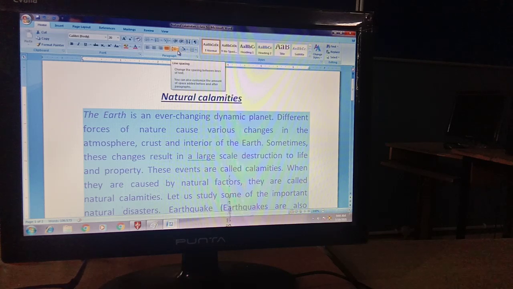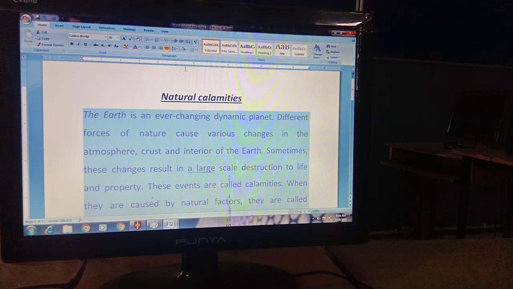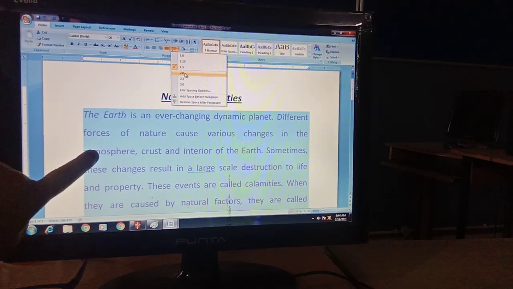In the Home tab, in the paragraph group, the line spacing button is there. This is your line spacing. Click here. As you click on it, there are the line spacings. You can choose your appropriate spacing from here. See, as I select 1.5, the line space is now more.